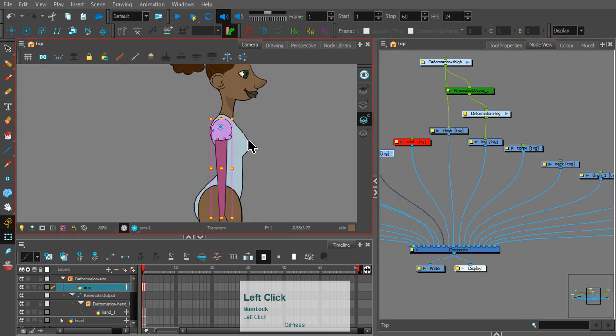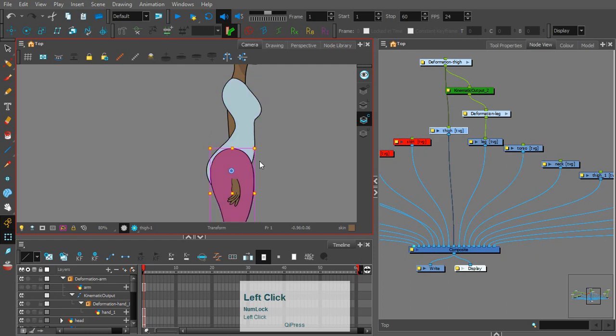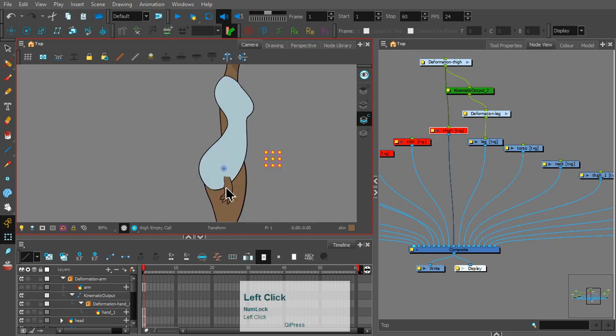I'm just going to hide the arm for now. So let's focus on the torso. I'll hide this thigh also. I can hide the hand too. So let's focus on just this. So just to kind of show you,